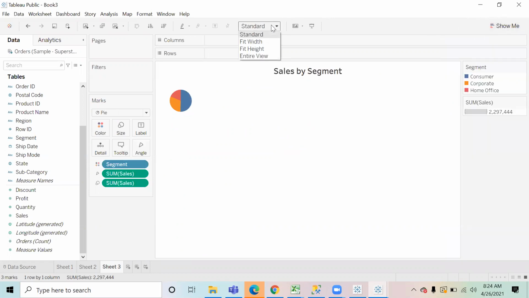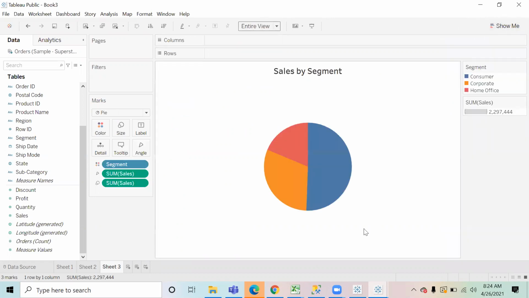And let's make it entire view so that we can see it in a full screen view over here.